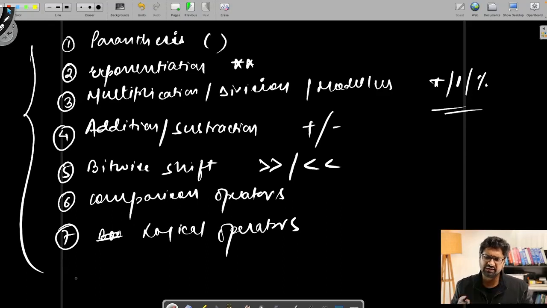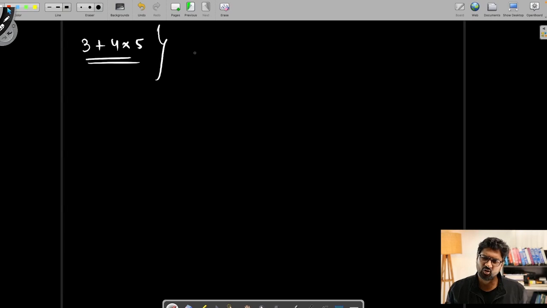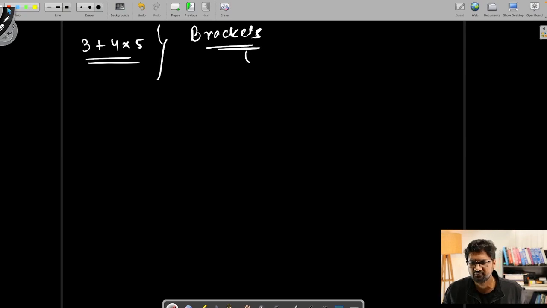But in order to avoid any kind of confusion, I always suggest my students कि sir आप ना, let's say that I have an expression like this, 3 plus 4 into 5, right? Instead of remembering which has the higher precedence over the other, to make things clear, let's say that I want 4 and 5 to be multiplied first, right? I can always make use of the brackets. So brackets will always make things clear. Let's say that if I want to multiply 4 and 5, then I can write 3 plus, and I want that 4 into 5.